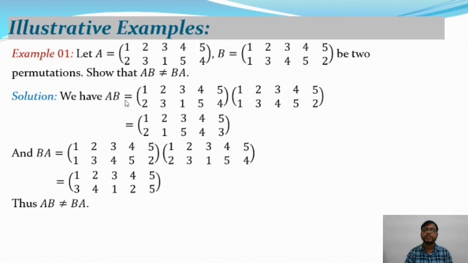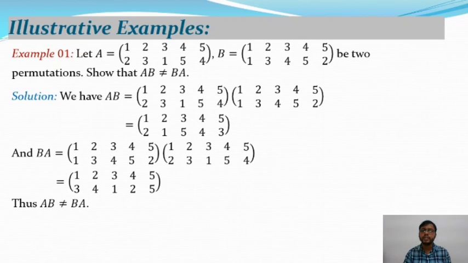not commutative. So from the above two permutations we have AB, which is equal to the permutation A into B, and you know that the product of two permutations is a permutation of the same degree. Okay, so starting from the second permutation, you know that this is the product. So 1 goes to 1, it implies 1 goes to 2. So that means 1 goes to 2. Similarly, 2 goes to 3, and from this we get 3 goes to 1. It implies 2 goes to 1.